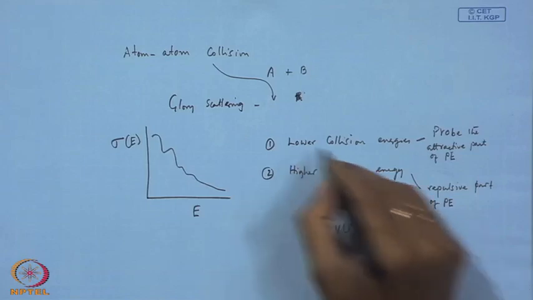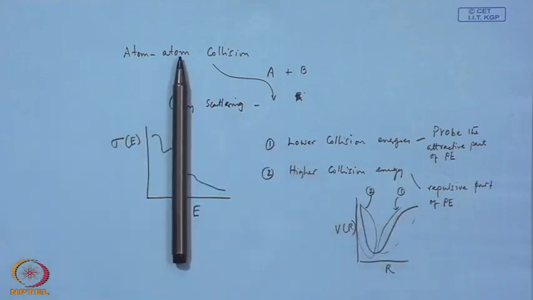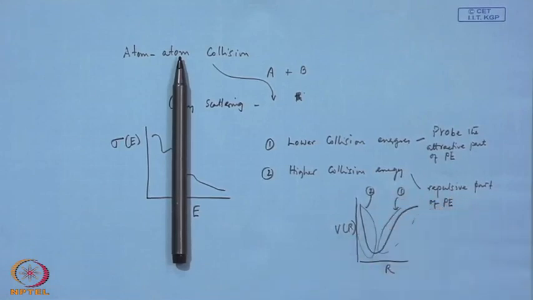So, this means lower collision energy, we can probe into this part, okay. So, using glory scattering, glory oscillations, we can probe into the attractive part and repulsive part of the potential energy surface, okay. And this frequency of oscillation is very much dependent on the collision energy. At low collision energy, whatever oscillations we get, we will be correspondingly probing into this part, that is